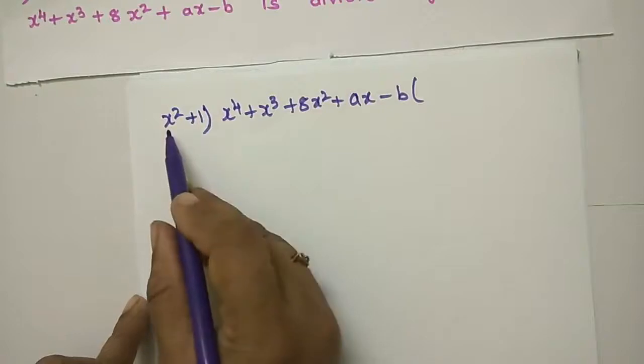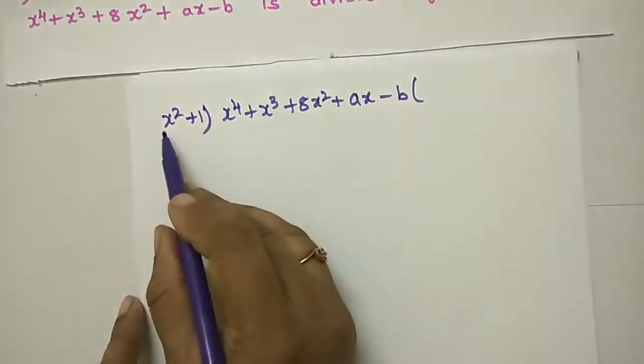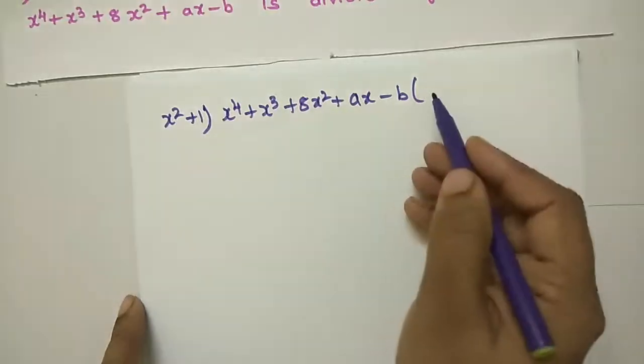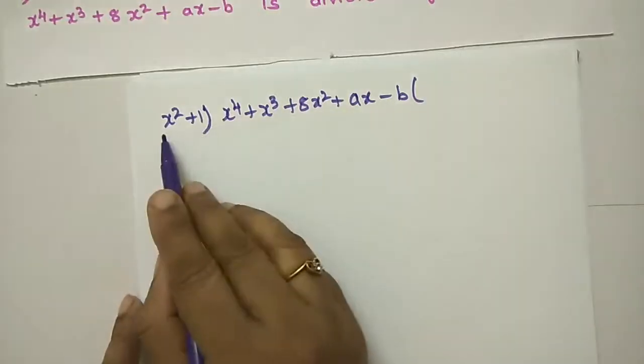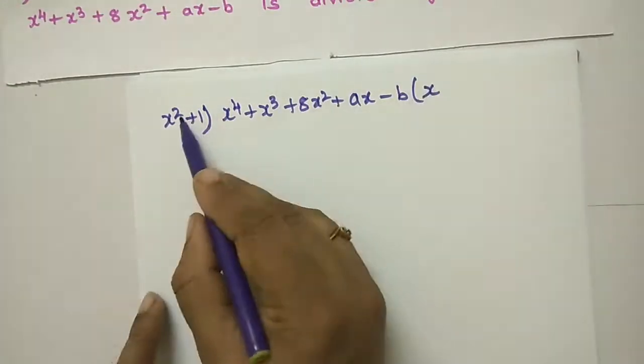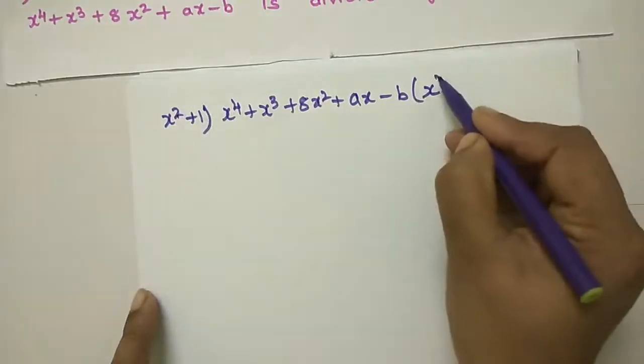Okay. Here x square is there, here x power 4 is there, quotient is 1. So 1 into 1 you will get 1, so no need to write the quotient. Here x is there, here x power 4, so write down x here, 4, here 2, so 2 plus 2 you will get 4, write down 2.